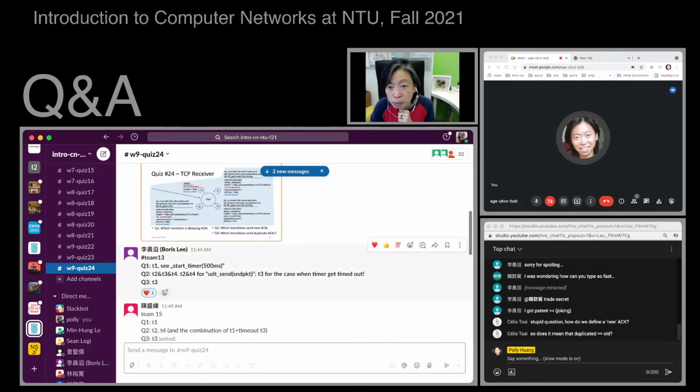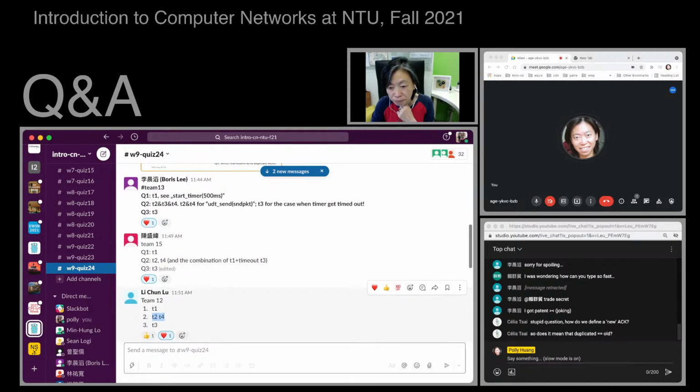Does it mean duplicated old? Yes, Celia, by old ACK I meant the duplicate ACKs. All ACKs are duplicate ACKs; new ACKs are fresh, not a duplicate one. Now with this quiz, you can also clear up the terminology.